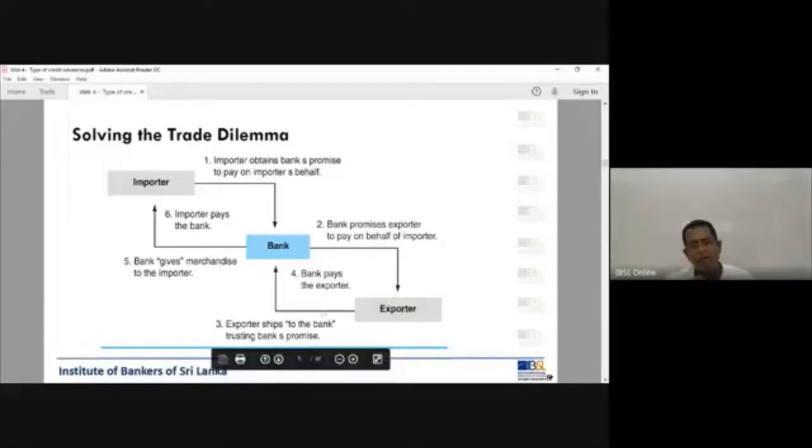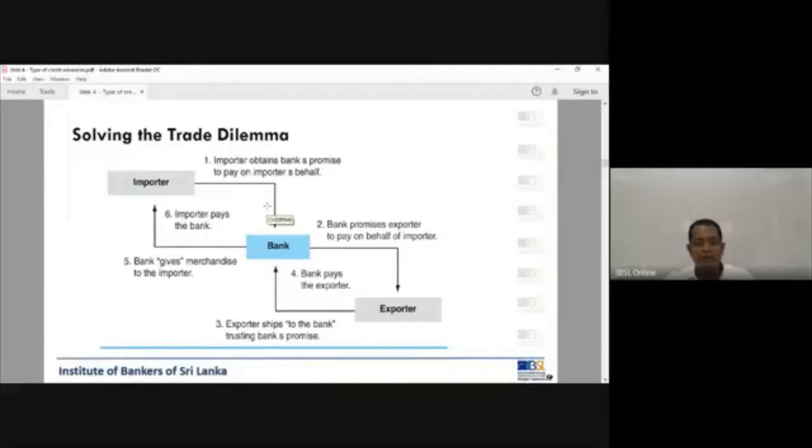Then the exporter will ship the goods to the bank, consigned to the bank. The exporter is not sending to the importer. The exporter is sending the goods to the bank. That means we are consigned, we have the ownership. Then once the goods are received, the bank pays the exporter. Then the bank releases the goods to the importer, and